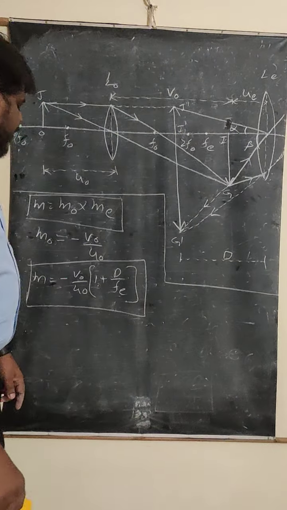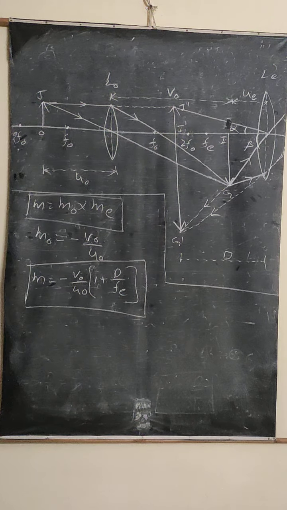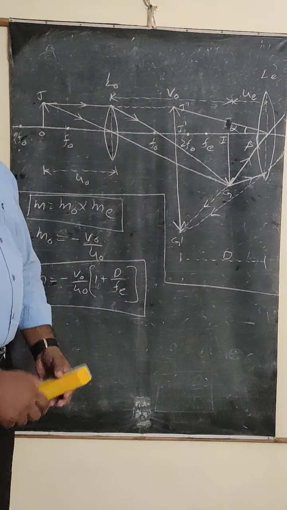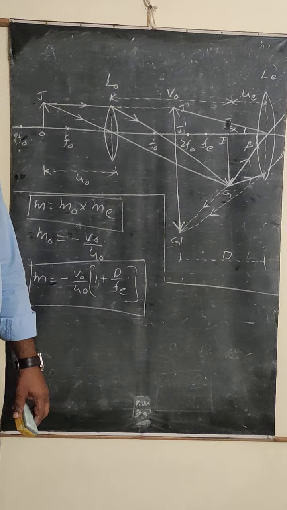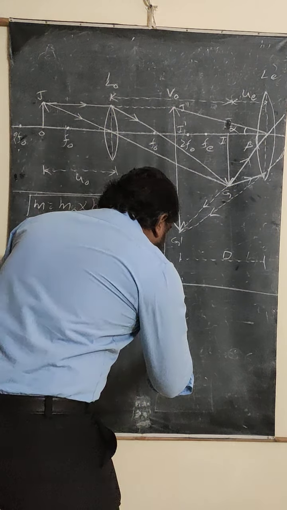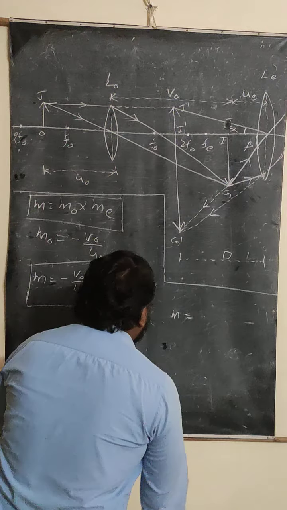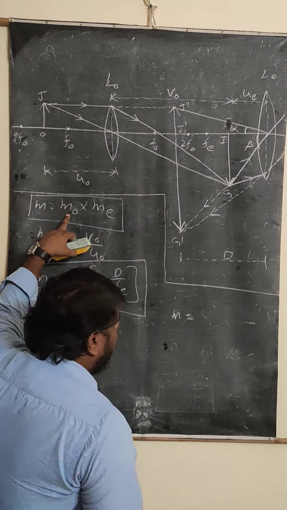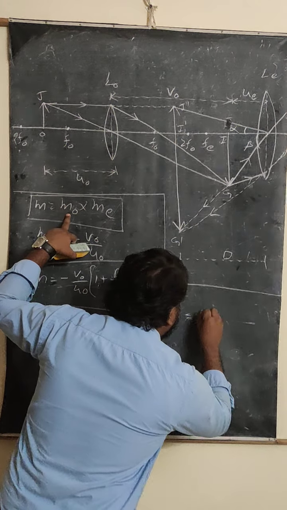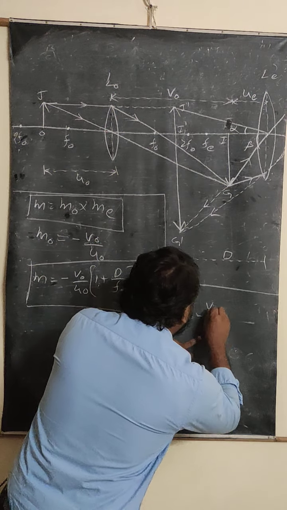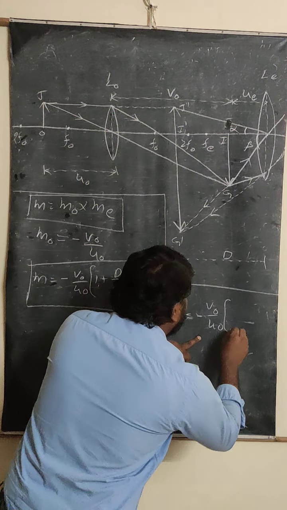Okay, focal length of the eye lens. This is the formula to find out the magnification at near point. And what is the magnification at the far point? The magnification at the far point, M is equal to M naught. The magnification of the objective lens does not change. It will be minus V naught by U naught into